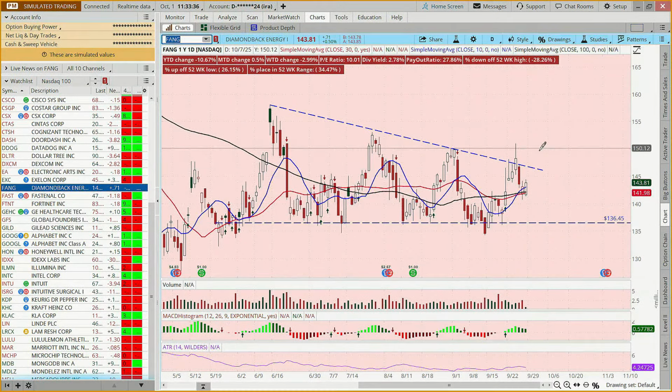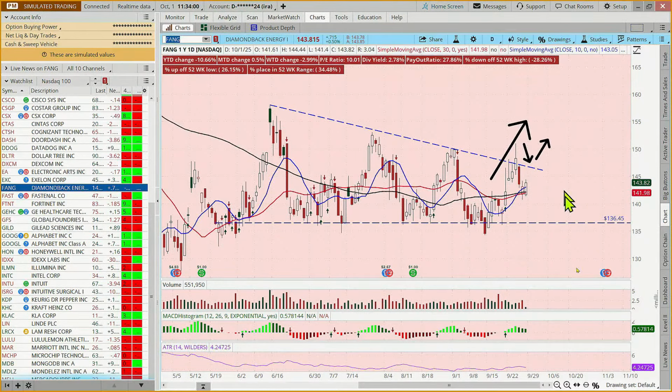If we're looking to potentially add a stock like this to our portfolio, what might we be waiting for? Some might say, don't wait, and others might say, no, I'm waiting for it to break out. You might say, well, it broke out here. Well, that breakout turned out to be a fake out. So you might say, I want to see it break out, come back and retest, and then break out. And then I might add it to my portfolio.